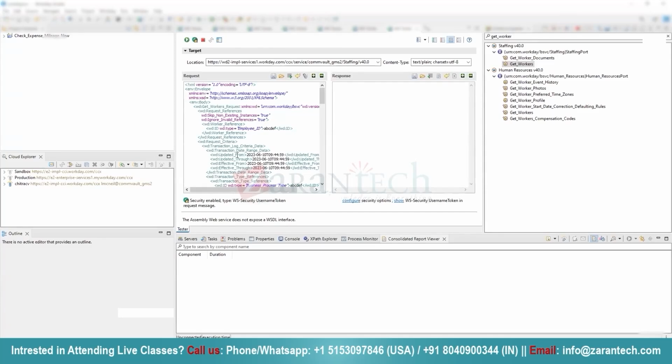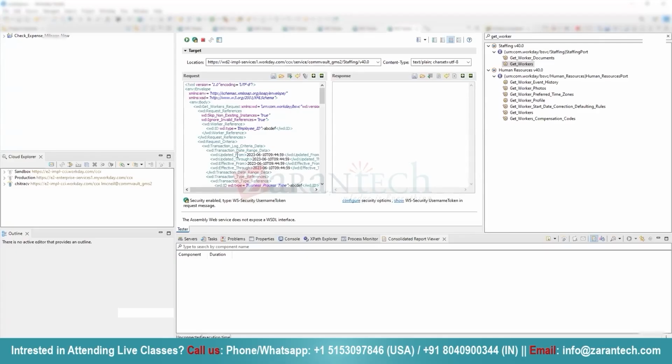The very summarized thing I would say is, in Workday two things happen. You understood when the transaction is entered and when the transaction is effective. It may happen that the transaction is being entered today, but it is effective from the day after tomorrow. So you have to select your updated form and updated through